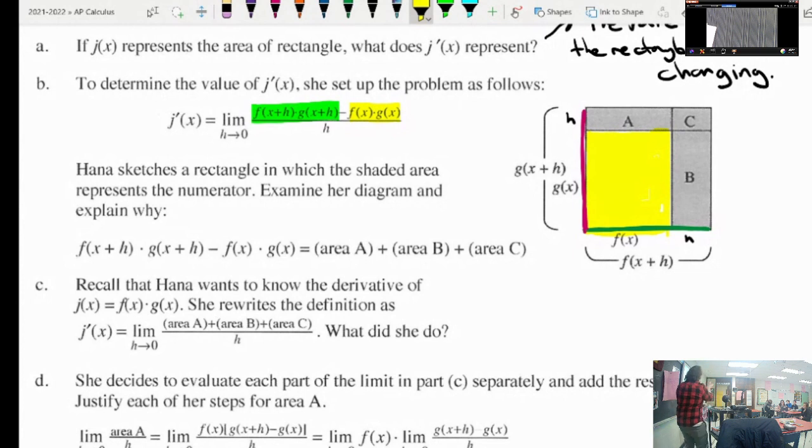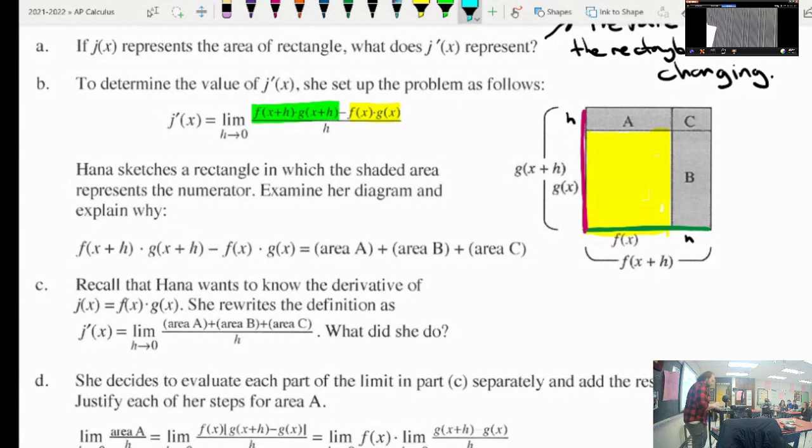Essentially, when we make that little tiny nudge that we increase those dimensions by, we're going to make that go to 0. But so far, all you need to understand is that this is the limit as h approaches 0 of the big rectangle minus the original yellow rectangle, which helps explain what's going on in this next step here, because she sketches a rectangle in which the shaded area represents the numerator, and she's got this statement right here, which is that if you look at the